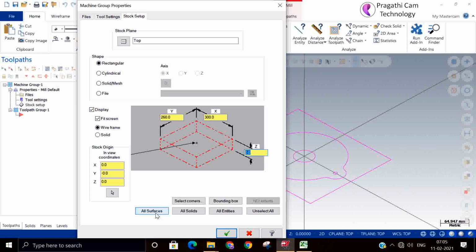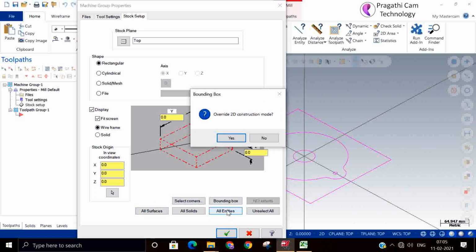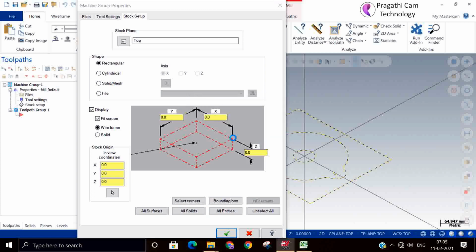If you have surfaces, all solid, all entity, you can make it in any one of the possible ways. All entities also is an option.